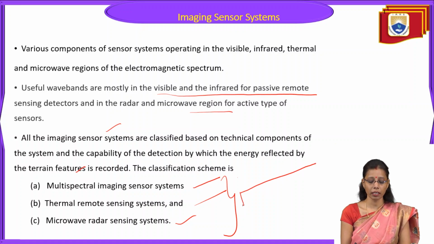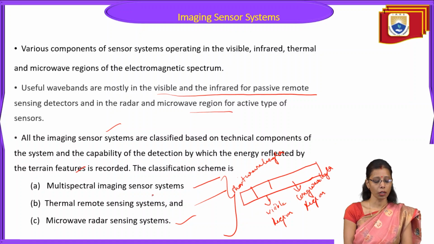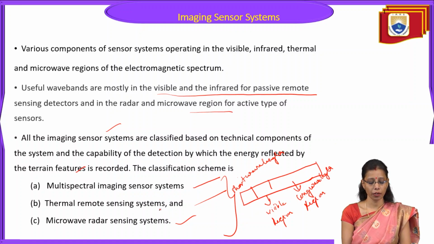So what is the electromagnetic spectrum? If you remember, we discussed it long back in the lectures on the electromagnetic spectrum. The electromagnetic spectrum is divided into different regions: we have the short wavelength region, then the visible region, and then the long wavelength region. When you talk about the multispectral imaging system, thermal remote sensing system, and microwave remote sensing system,